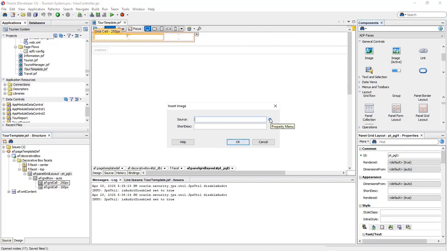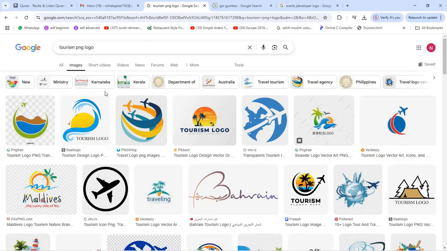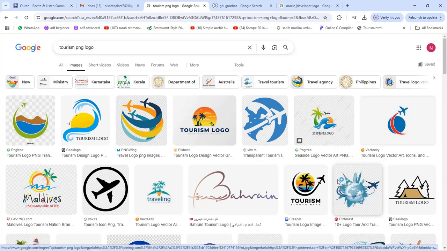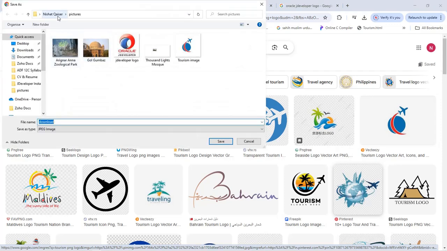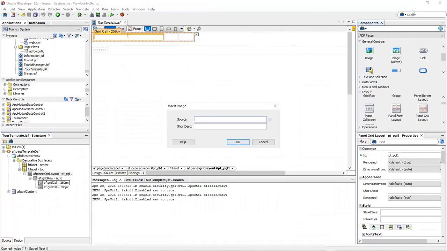Where is your picture? What I did here: from this picture I select, then save as, I select save images, and I give the path where I store the pictures. So it is in my directory, C users, my name, and pictures. There is a tourism image. So this is the source. We need to select, go,